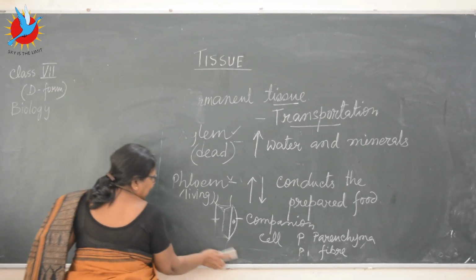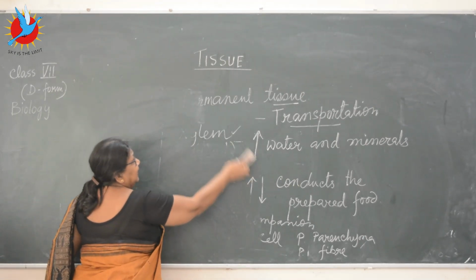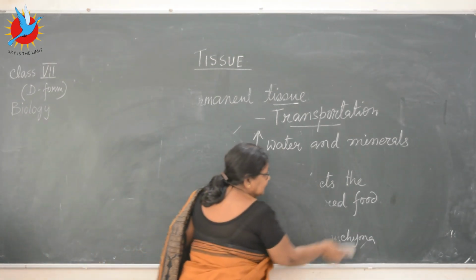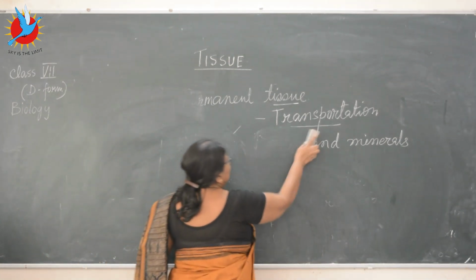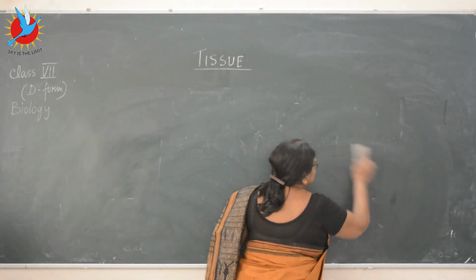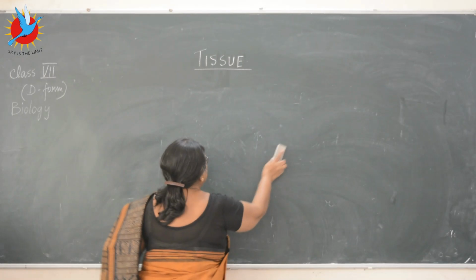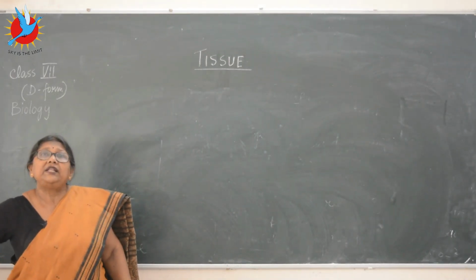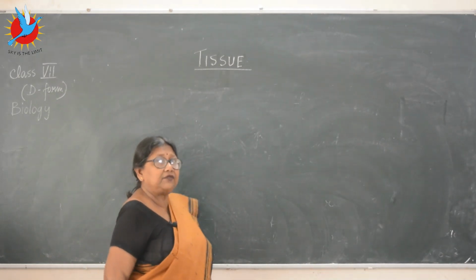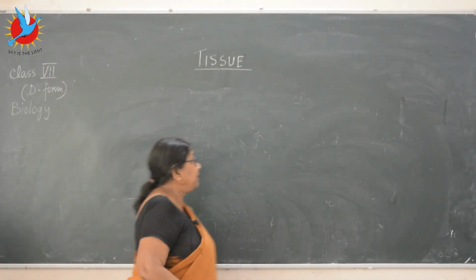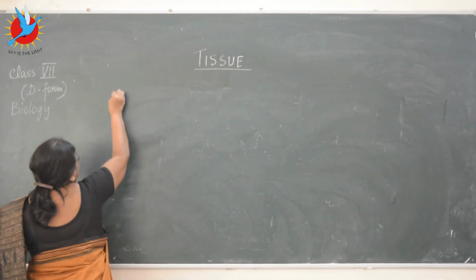Now obviously, as you know, the lifestyle of animals is very different from the lifestyle of plants. The cells are different from each other. Obviously, the tissues will also be different. So depending upon the structure and function of the animal body, animal tissues are also classified basically into 4 main groups. What are the 4 main groups?